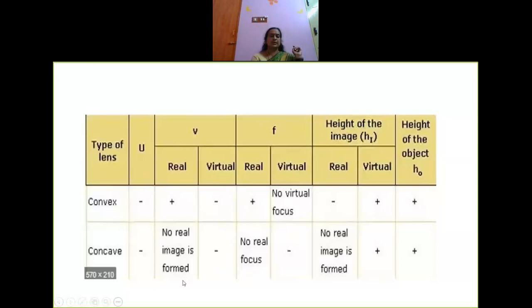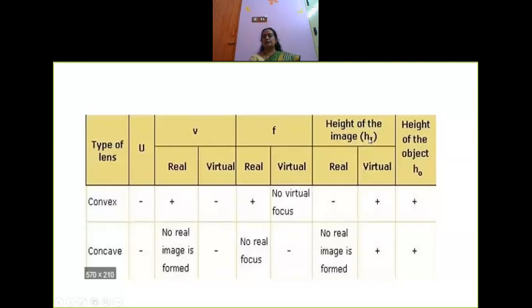Now this is with respect to the concave lens. I want you to learn this tabular column very clearly. Take each and every ray diagram. Write what is u, what is v, how do you measure focal length, how do you measure h dash, how do you measure h. Here it is h dash, I said, here they have given it as h high.